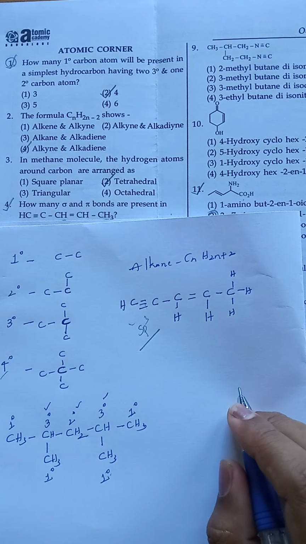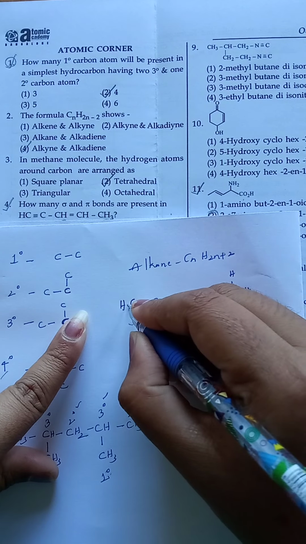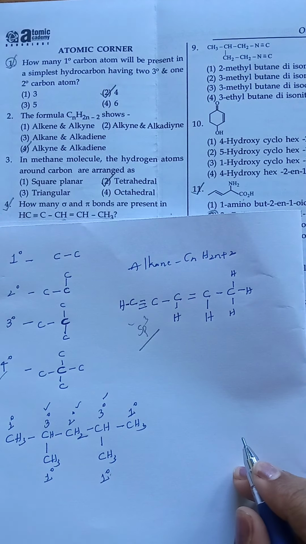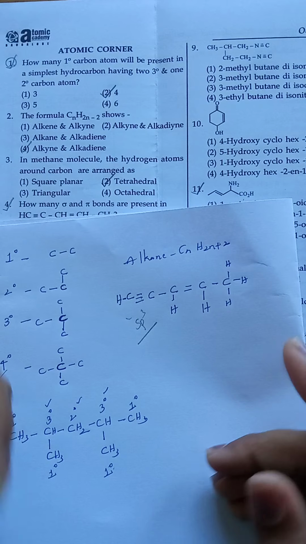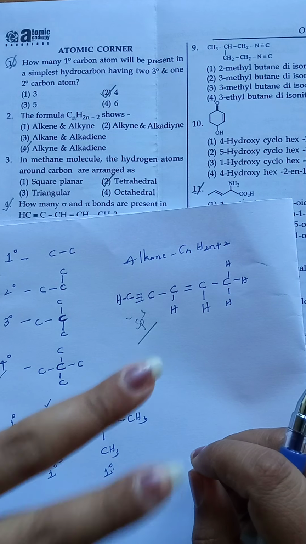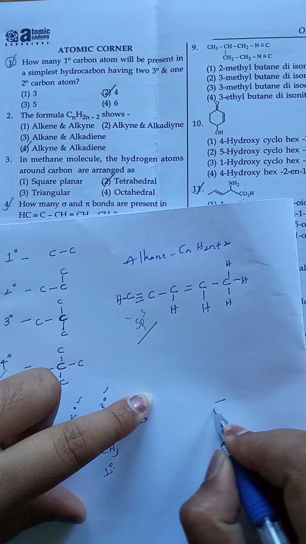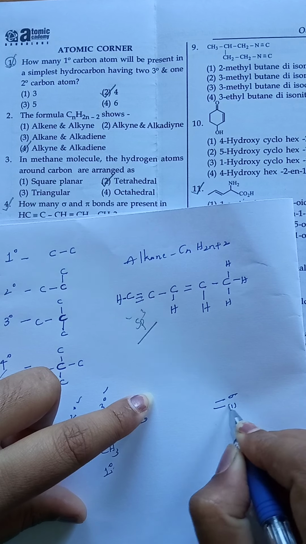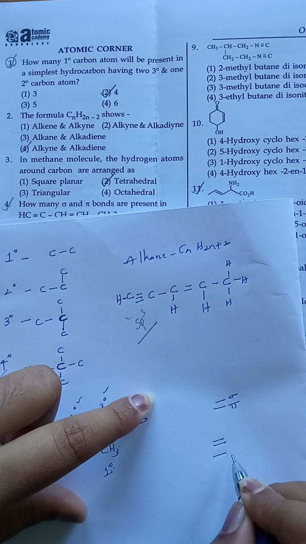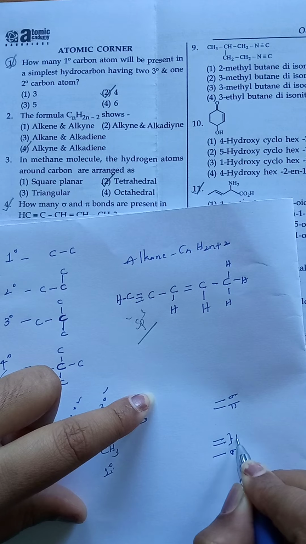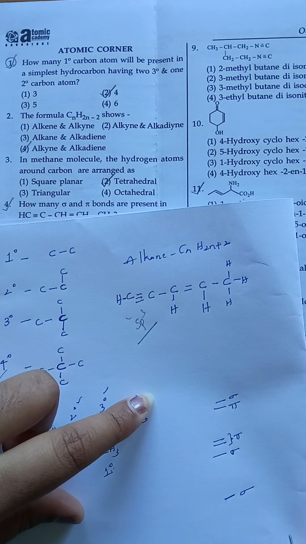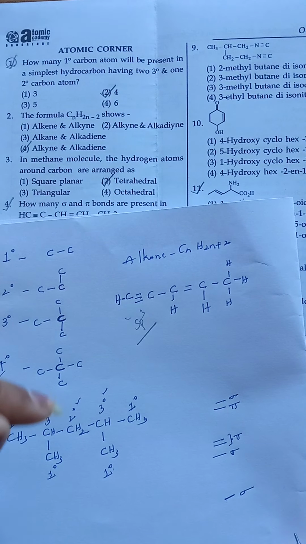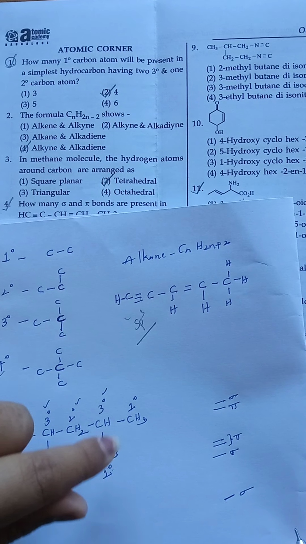Between carbon and hydrogen only a single bond will be present. Understand? And this is the single bond. Here between carbon and hydrogen also a single bond is present. As we know, if only one bond is there, that is compulsorily a sigma bond. If a double bond is present, one is sigma and the other is a pi bond. If a triple bond is present, one is sigma and the other two are pi bonds. If a single bond is present, that is completely sigma. Based on that, we can find the number of sigma and pi bonds present in this compound.